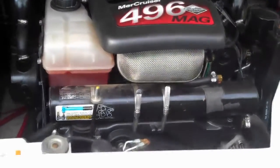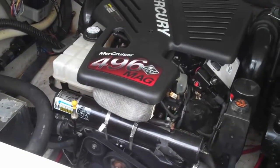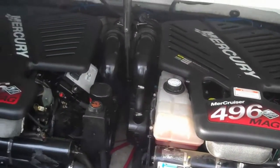I'm going to go ahead and start the motors right now. I'm going to start with the port motor here. Right up, and I'm going to put the starboard motor on. And there we go. There's both motors running, freshwater cooled. 375 horsepower each. It's got 750 horsepower running in this